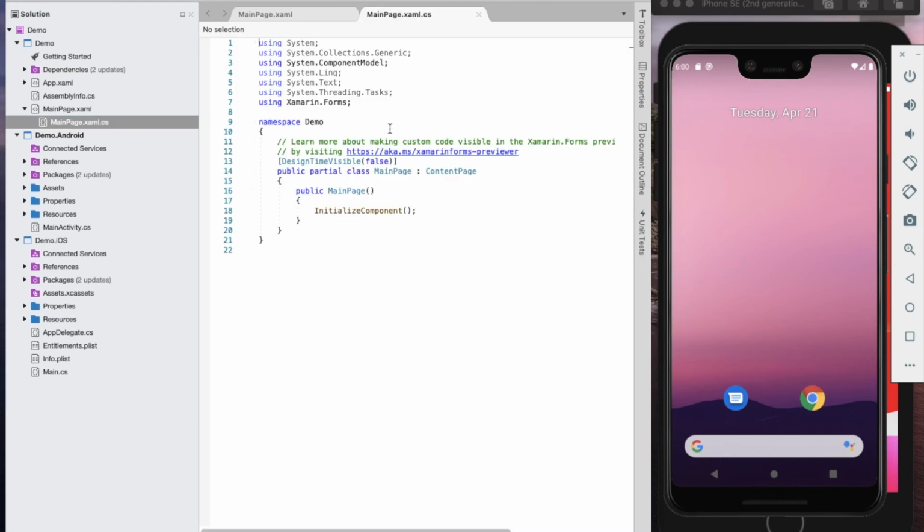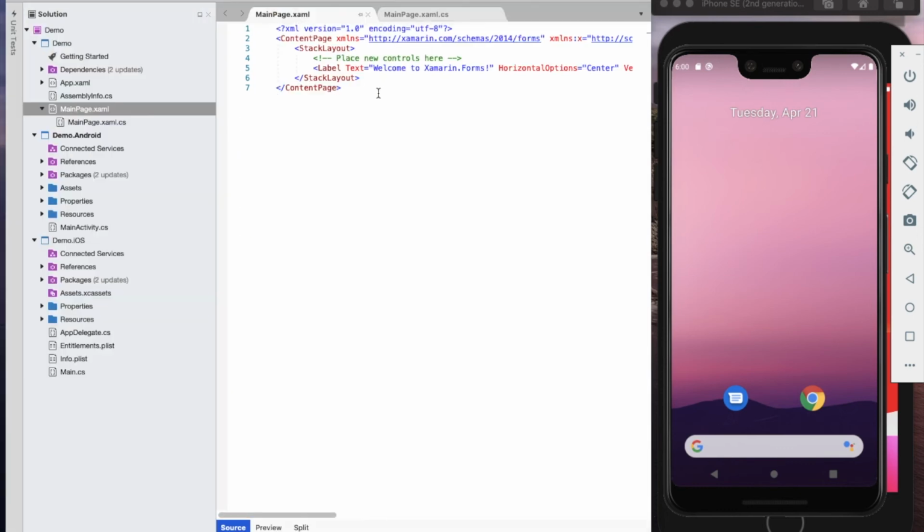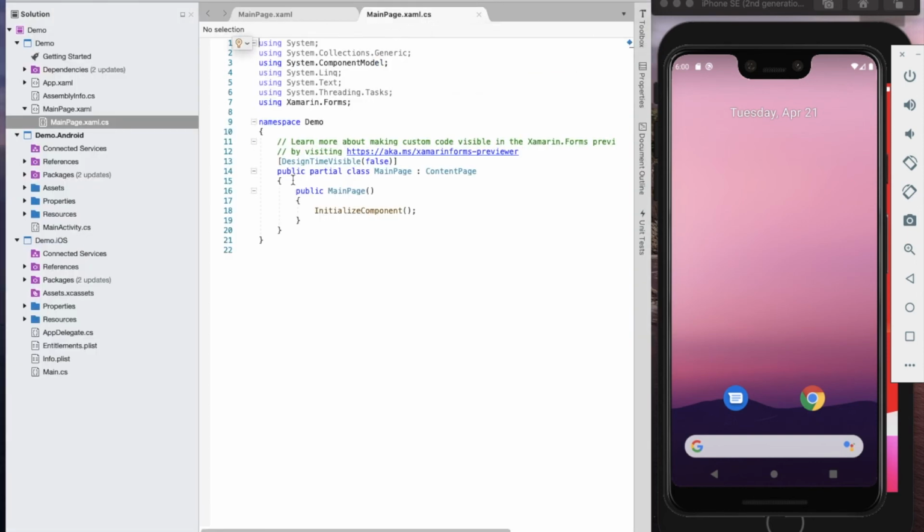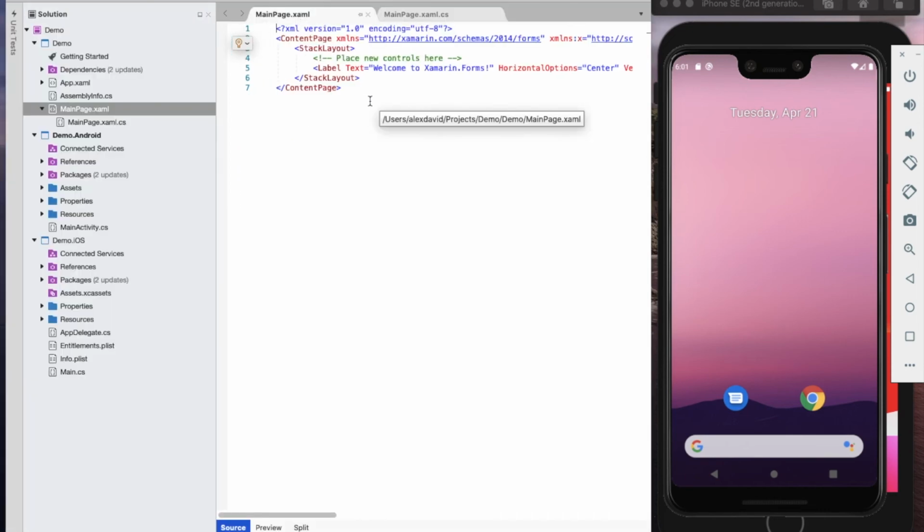In this file we will write the functions related to this user interface. Suppose I am creating one button, the functionality of this button will be defined in this MainPage.xaml.cs file. So it is C# code and this is XAML code. XAML code is similar to HTML or XML. It's a tag based system.